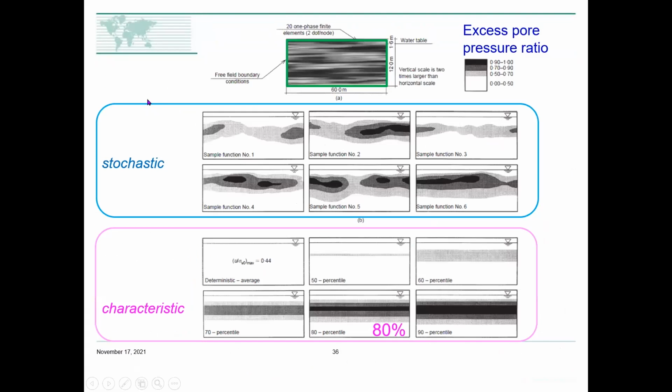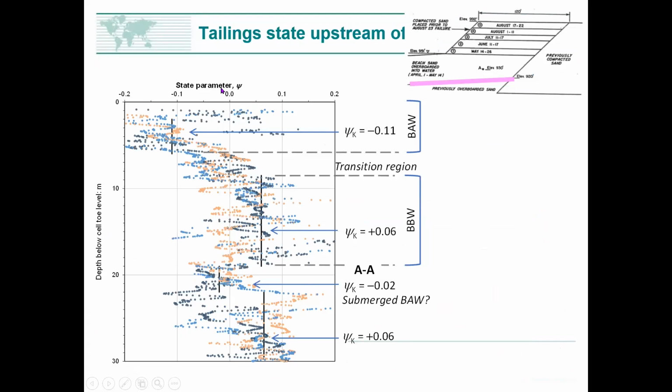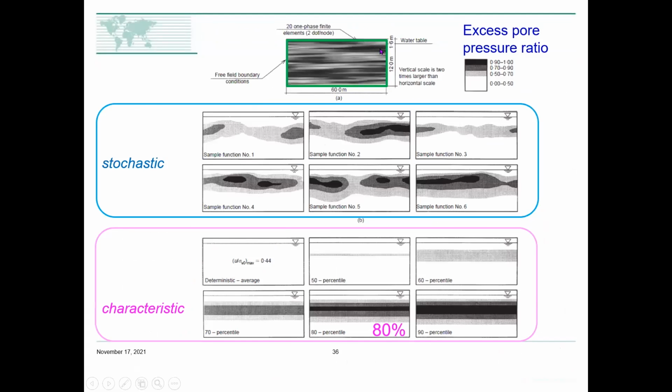and they produced what's called a stochastic model. I'll go back here. Oh, sorry. If you look at the top of the screen here, this is their finite element model. It's basically a square box, and they've got 480 elements in there, and they've gone for a 60 meters by 12 meters deep. And they're going to fire an earthquake into that material. And the shading in that box represents the